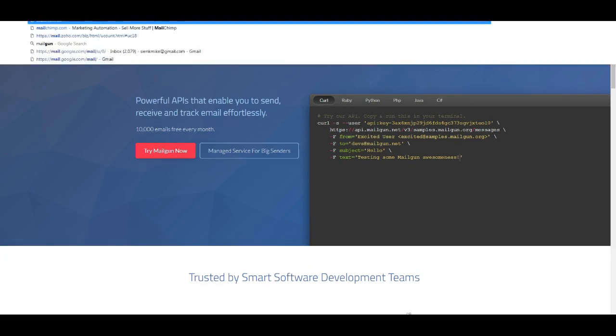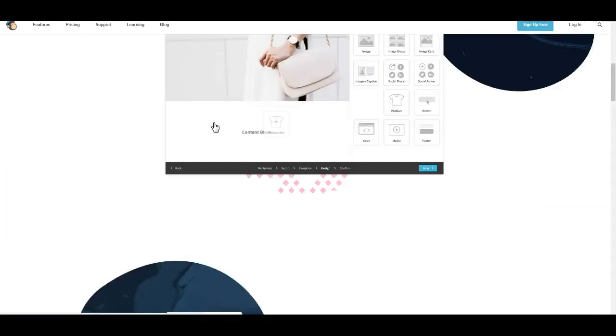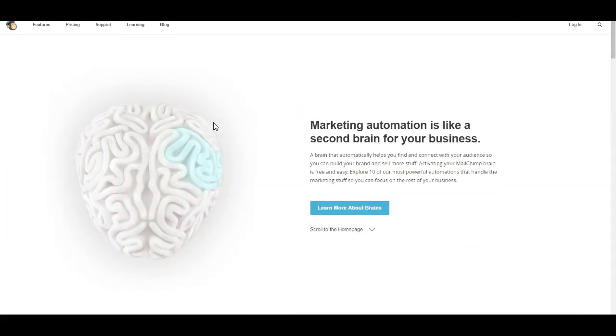Check out MailChimp too. I think MailChimp's a little bit more expensive, and it's more for personal mailing lists. And there are several others you can check out. Just do your research, see what works best for you. Maybe take some webinars or courses online on email marketing.